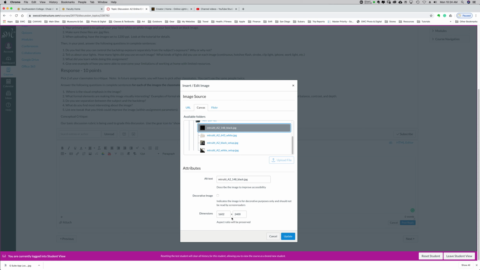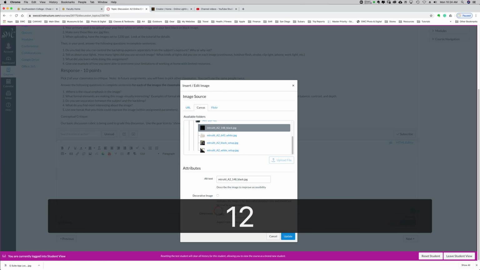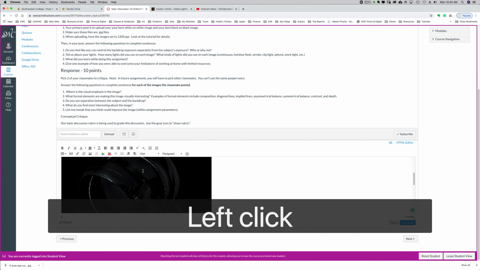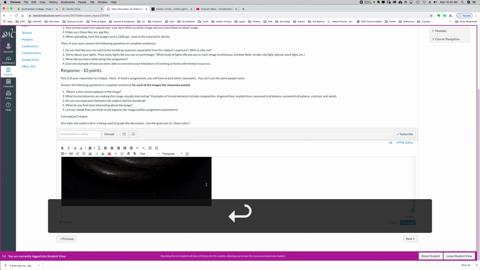So you just take whatever the long side is, so in this case here the 2400, and I'm going to type in 1200, and when I click you'll see it adjusted the dimensions. So just make the big side 1200. So I'll click update, and then I'm going to hit return one time, and now I'm going to hit